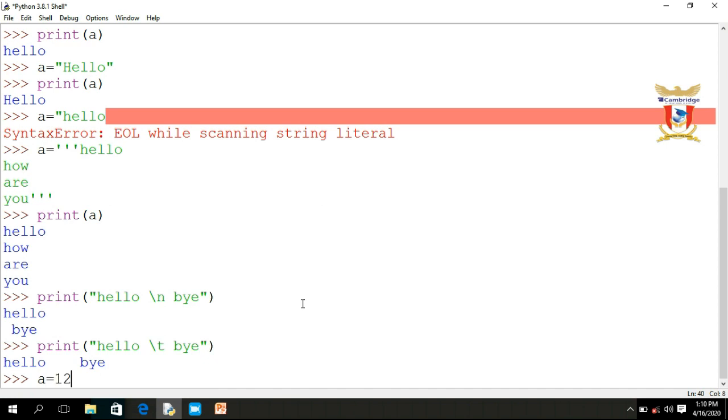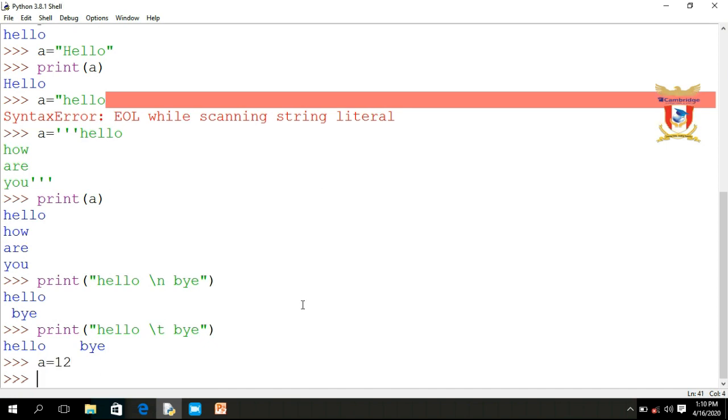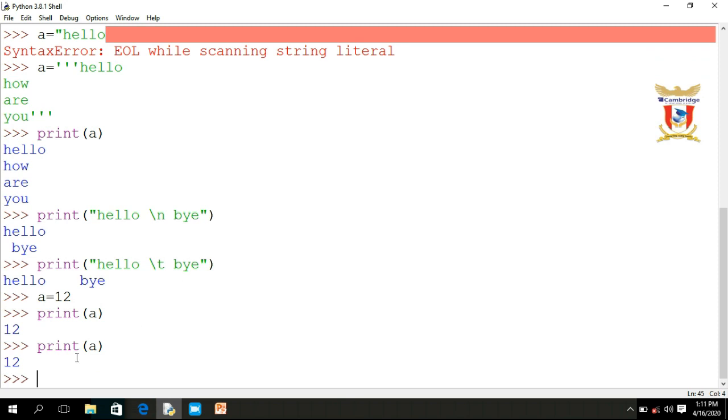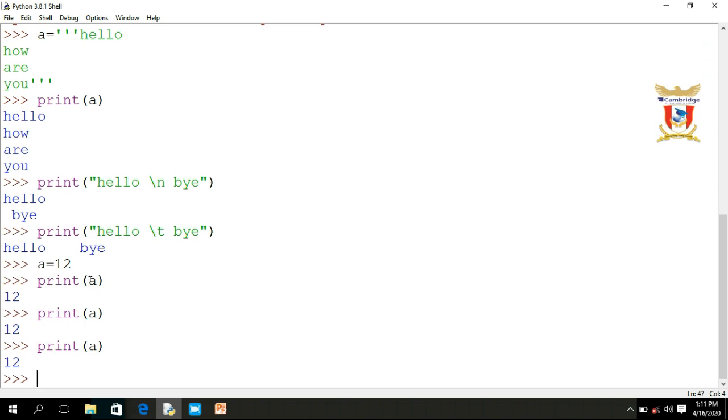So let's start with an example. For example, I'm going to declare a variable a. The value of a is 12. Now when I close this Python console or shell, this IDLE shell, then this variable will automatically be removed from memory. But for example, even after printing the value of a, if you print a, then it will print the value. Even if you print a again, it will print